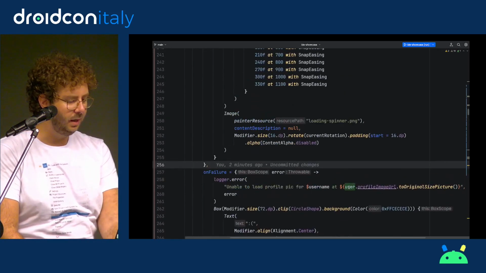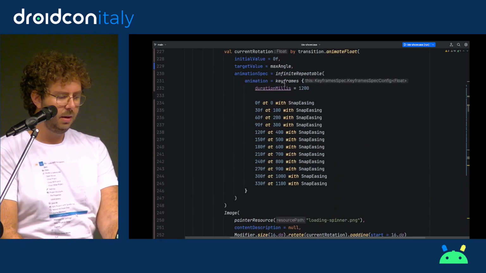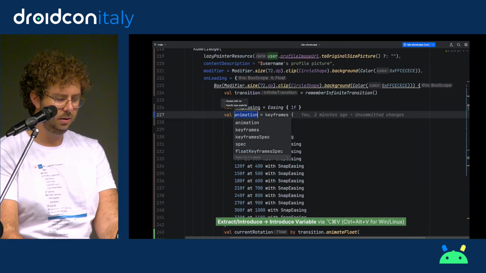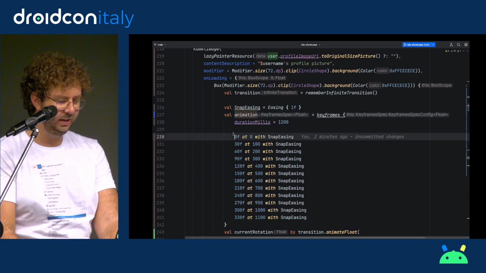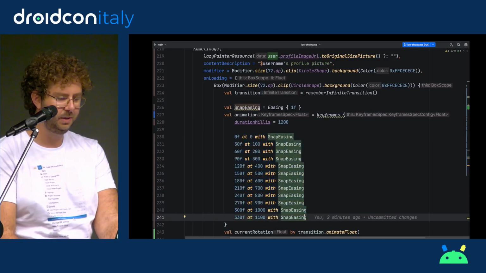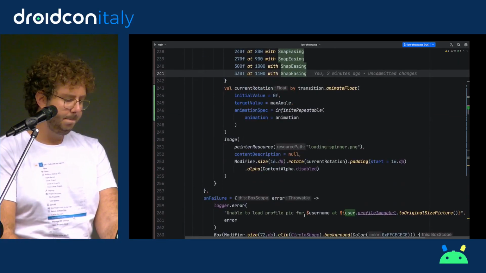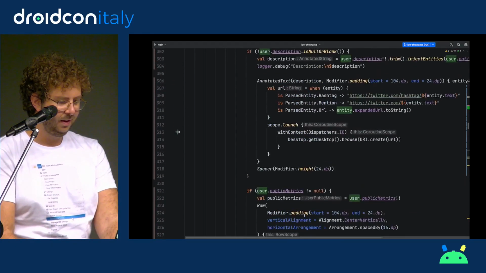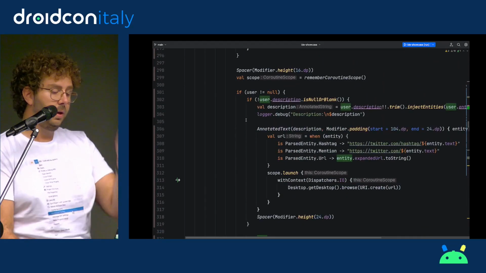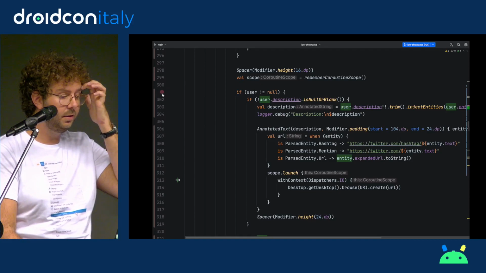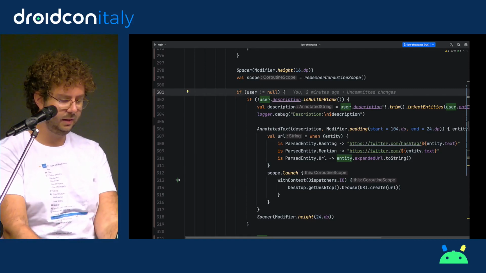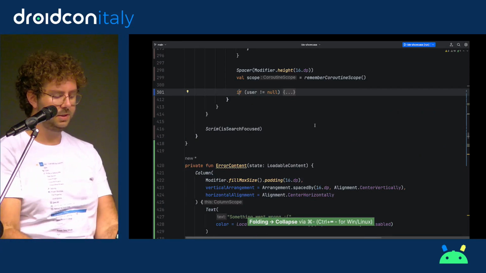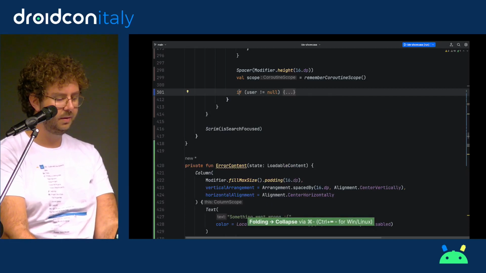So let's see. Maybe we can extract this. I was hoping that we would find other uses for this, but it's okay. Let's see what other horrors await us down here. Okay, so yes, there's another thing: you can collapse and expand parts of code. That's also very convenient.